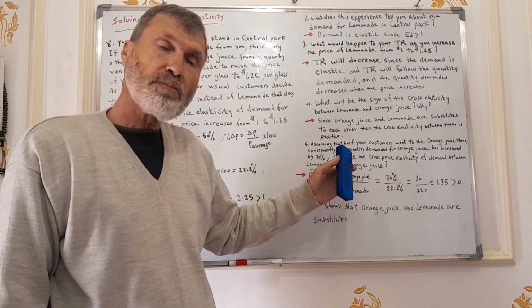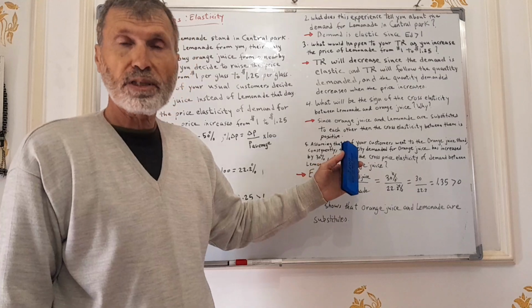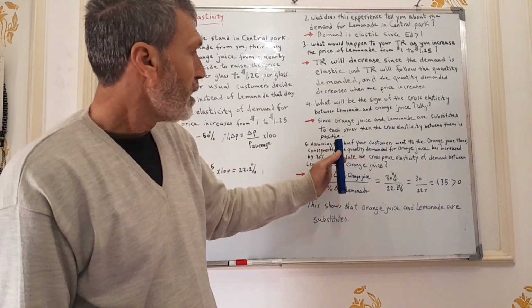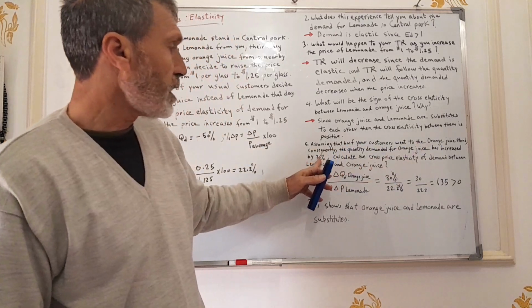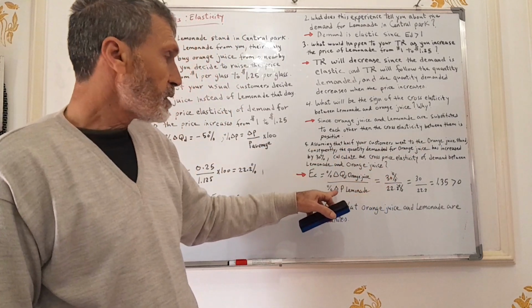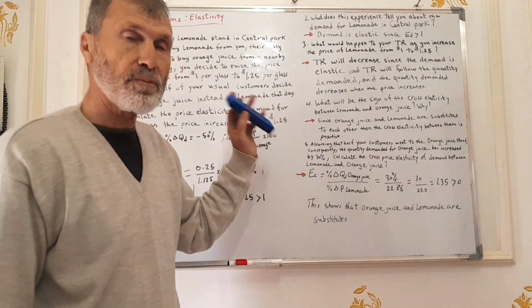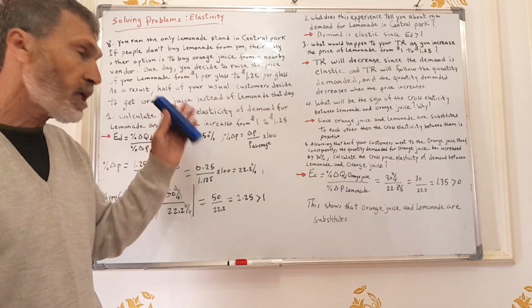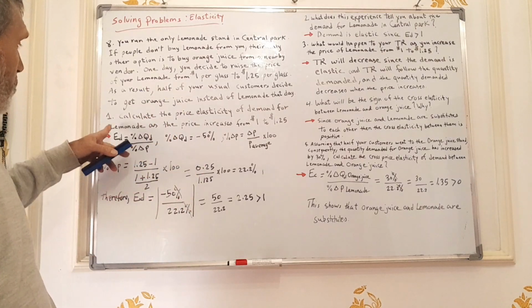We know the percentage change in the quantity demanded of orange juice, which is what? 30%. It's positive 30%, because it's telling you here that there is an increase of 30% in orange juice. So we put 30% over the percentage change in the price of lemonade. We know from here, we have already calculated the percentage change in the price of lemonade from the question number 1, which is